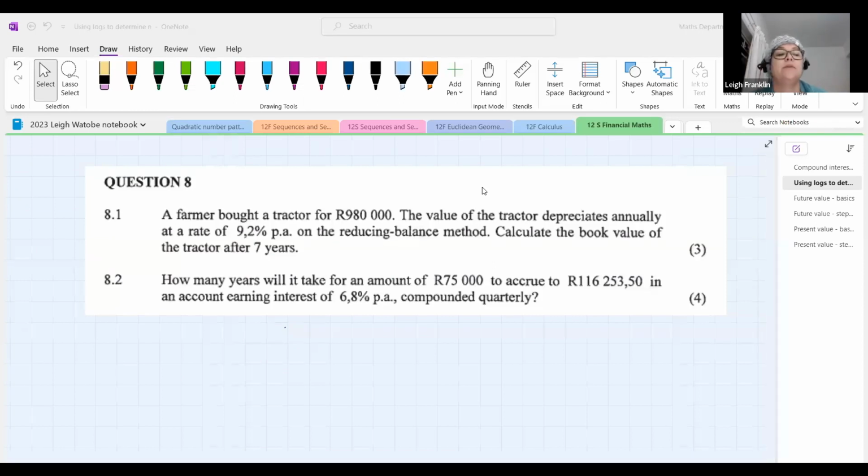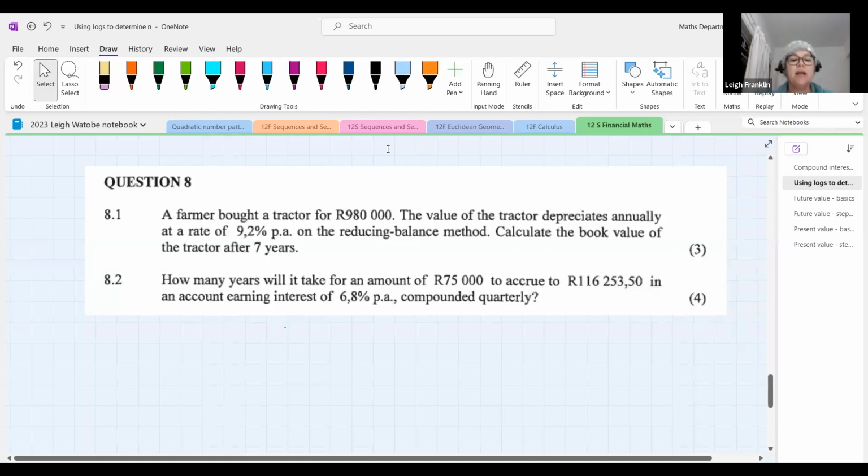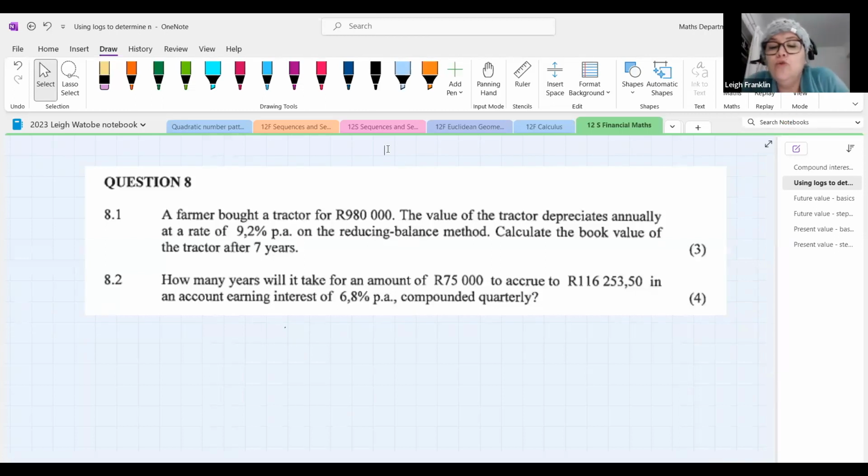No, none. All right. So here are some exam questions. I've taken these from past papers. These are the sorts of questions that you will expect to get in financial maths, in your tests, in your exams, in your trials, in your finals. So let's go and have a look at